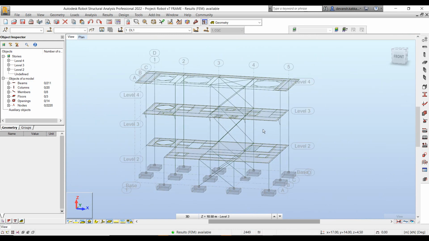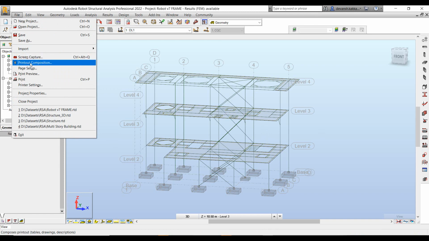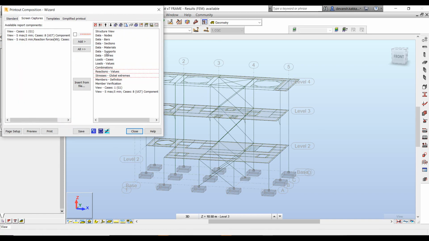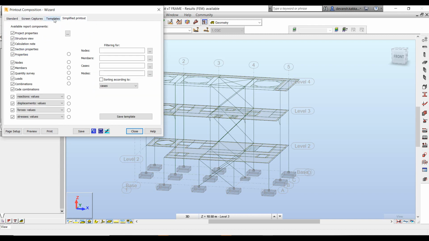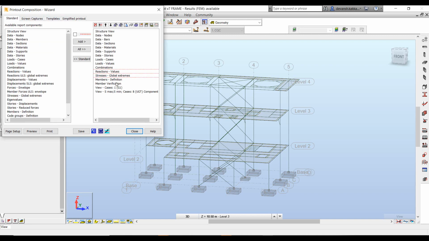Finally, once we've viewed the results, we can then create our printout composition, which will be a typical report for all the results. So you can select what data you want. You can save templates for different styles of reports. So you can choose what content you want to capture within that report. You also have tools to filter out information. But once you've selected the requisite data set, you can then quickly preview the report and save it in a requisite format. So whether it be a Word file or an RTF file, you can choose.